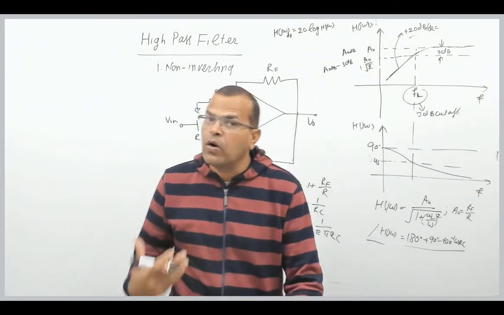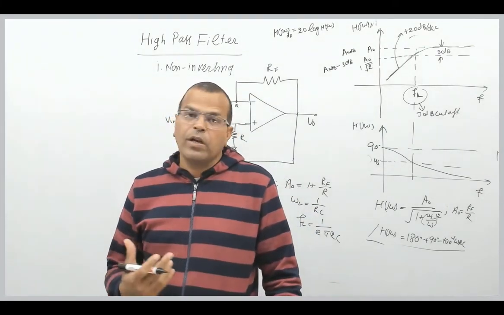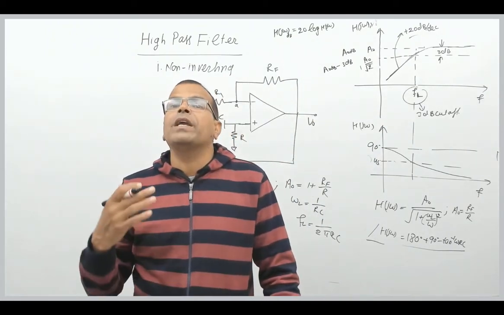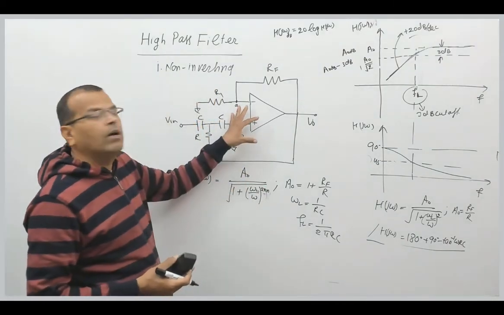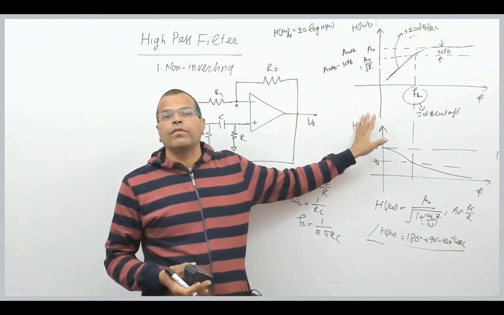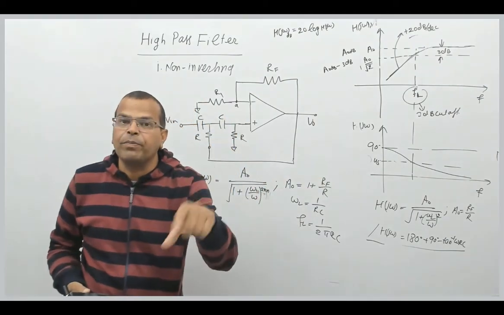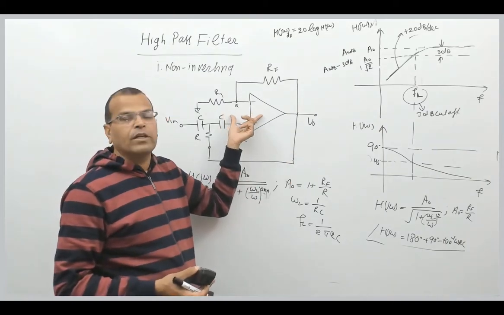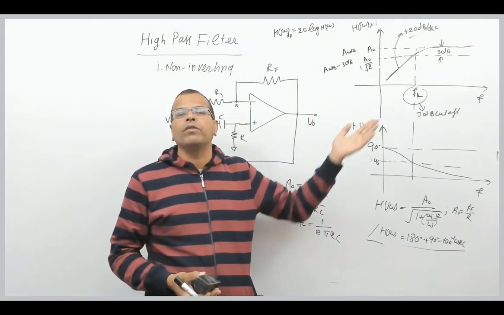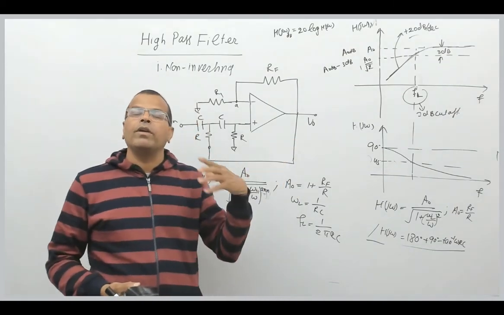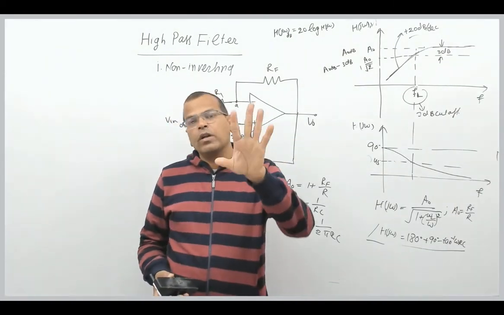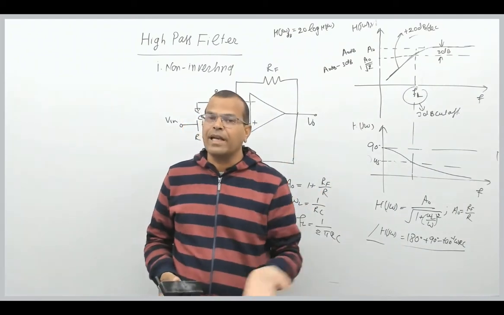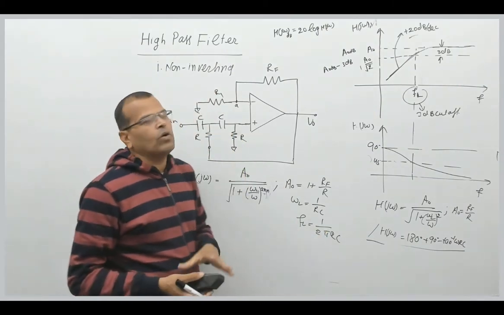But how to implement higher order filters? First order we have seen, and second order this is the circuit. For implementation of a third order filter, we will cascade this second order filter with a first order filter. So two filters will be connected in cascade for third order. Similarly, for fourth order, we cascade a second order filter with another second order filter. So the resultant will be fourth order, and so on. For fifth order, 2 second order and 1 first order. For seventh order, 3 second order and 1 first order, all connected in cascade, something like that, right? So I can implement higher order filters.